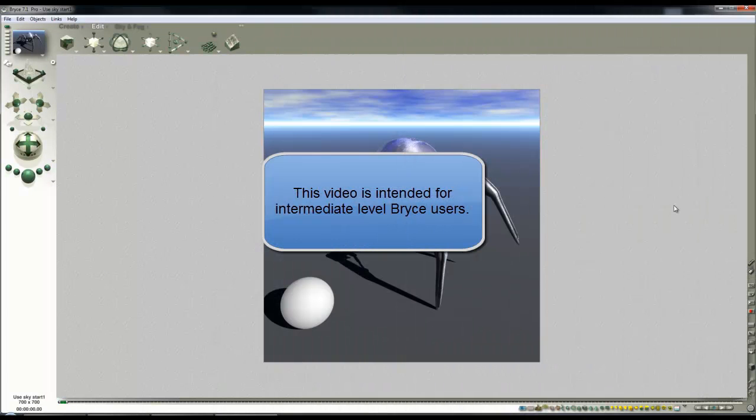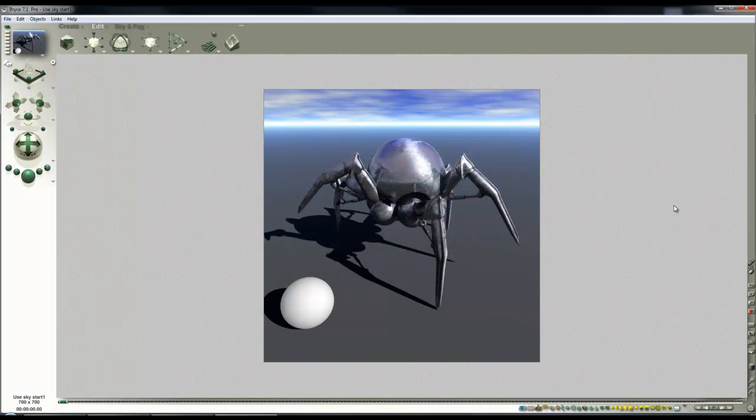It occurred to me while making the beginner's still life tutorial that the use sky feature was really very powerful and super useful, and so I thought I would do a tutorial that just focused on using the use sky